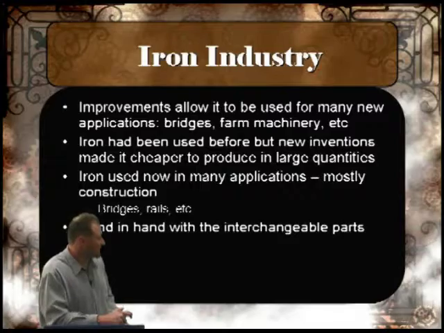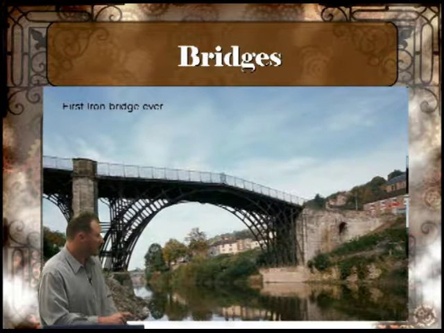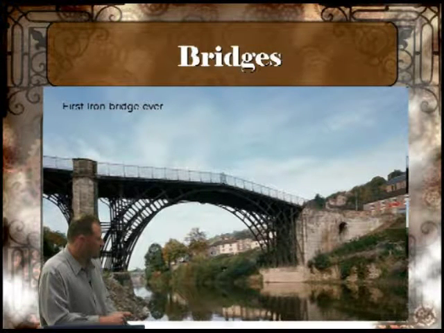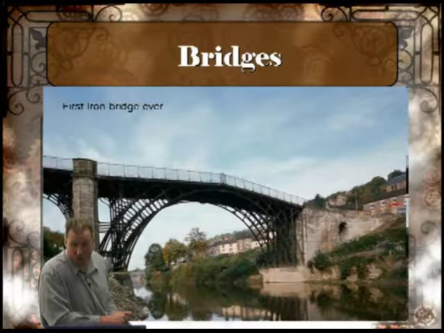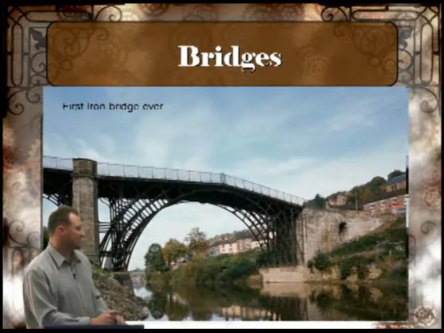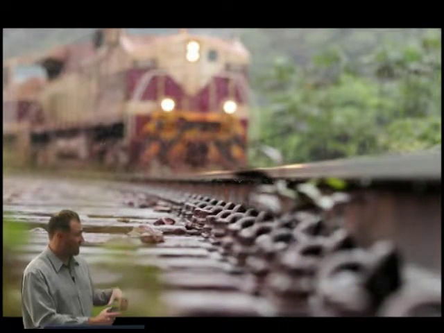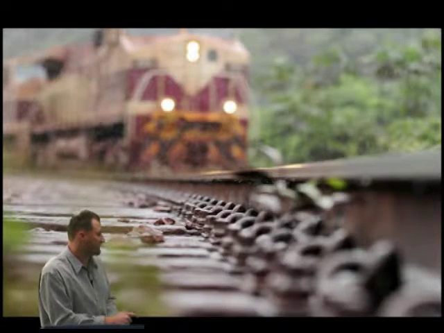This wasn't able to be done before until you had the ability to have iron to produce these things. This is actually the first bridge that was ever constructed in the Industrial Revolution in England. And you can still go on it today. Okay, still very durable, very strong. The problem with iron, though, it's very heavy. And that's why we're going to have a change there. And I love this image of the rails, the railroad, and how that's going to transform everything. But it's all done because now you're going to be built on that iron track that you can see there.